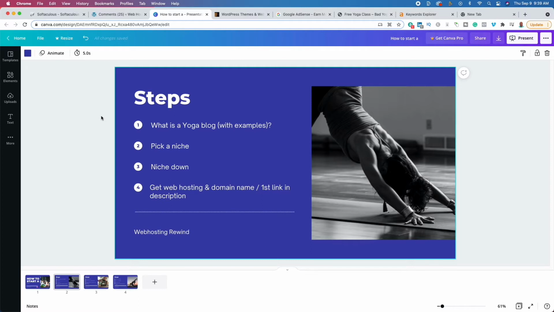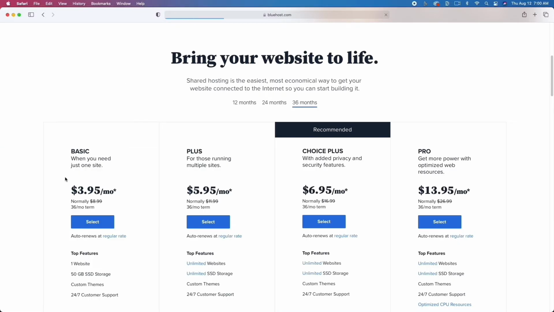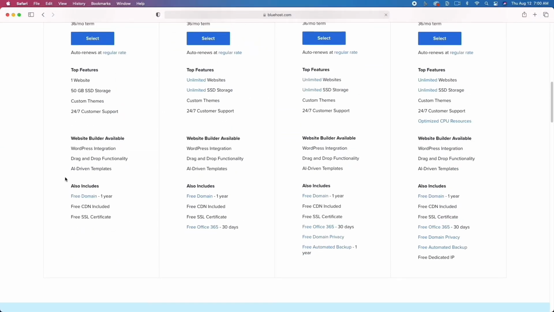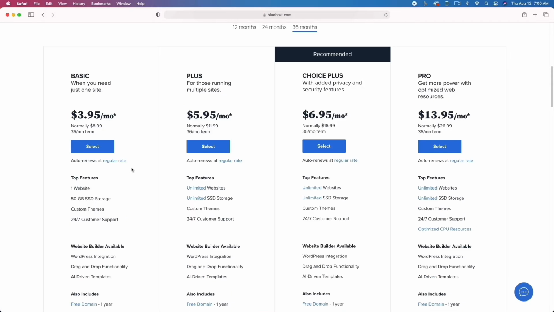It only takes about 10 minutes, but it is really helpful. When you click that link, you'll be taken to this website where you'll go ahead and click Get Started. What I recommend is to click the first one on the far left, the basic plan, if you're just getting started with a website. As you can see, there are a number of options, but click that, click Select, and